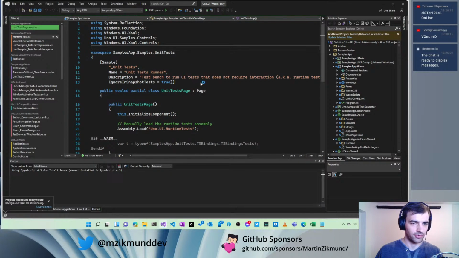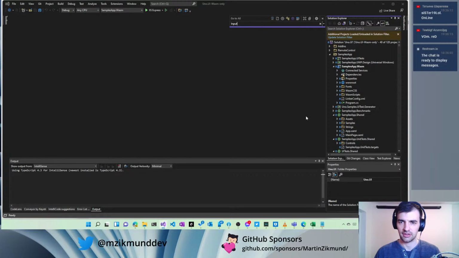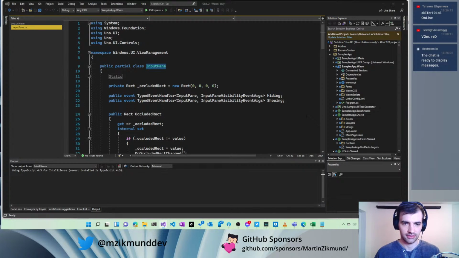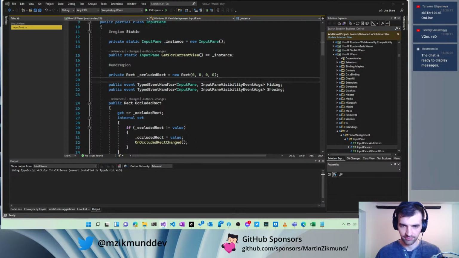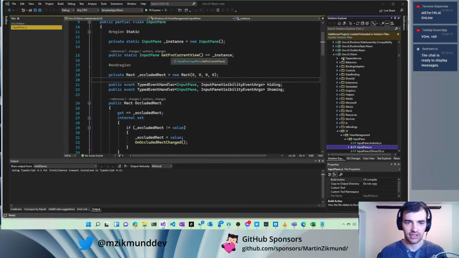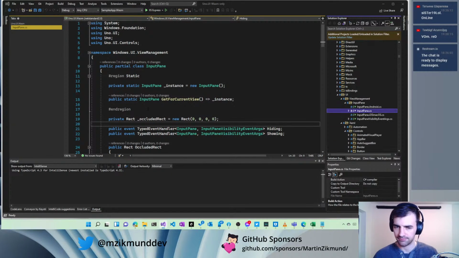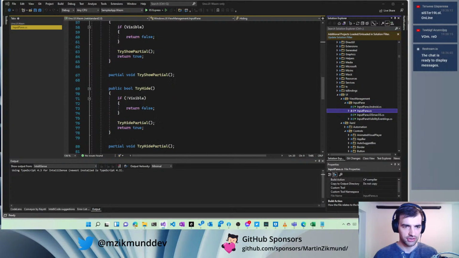I'll close all tabs for now because I don't need them, and I will go to input pane. And let's start implementing something simple. So yeah, I see that we have already the get for current view implementation here. So that's cool. The question is if we do or do not